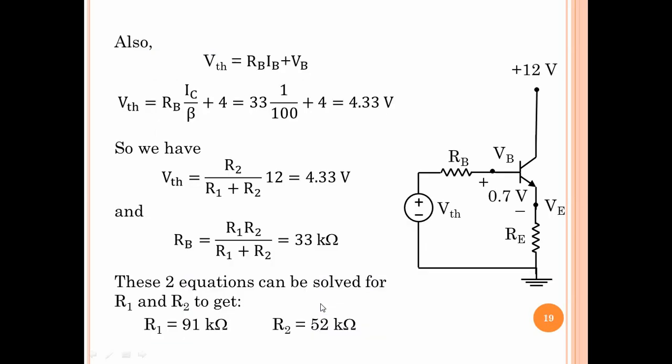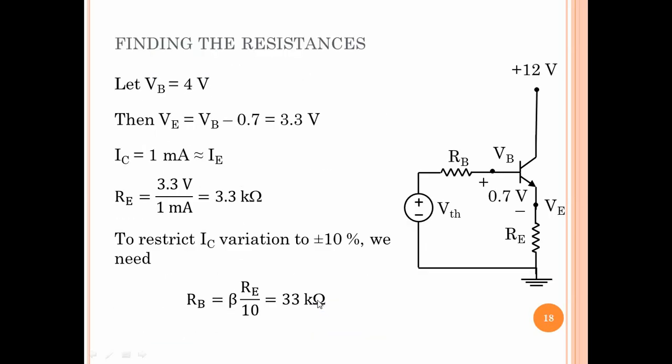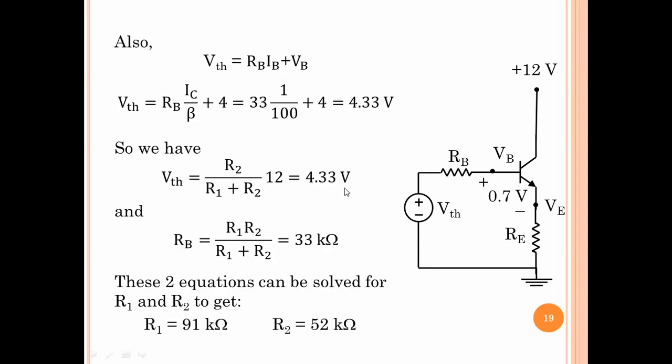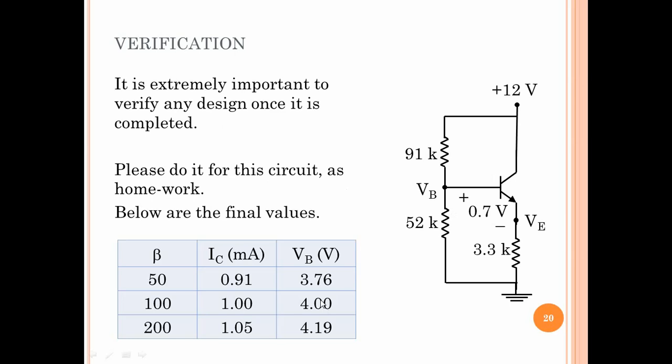So let's go back. Where is that VB? So yeah, we started with VB equal to 4. So to make an excellent design, what one would do is, we'll say let this VB be 3.8 and then redo these numbers. So then we come back here, then this will be 3.8 and this will be just about 4 volts. So that will be, I would say, even a better design than what we have come up with here. But this is good enough. So I'm going to leave it at this. Alright, so this completes our design.